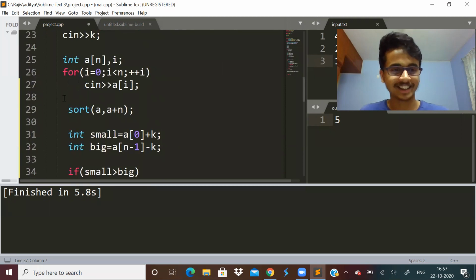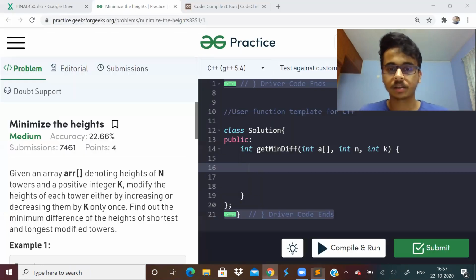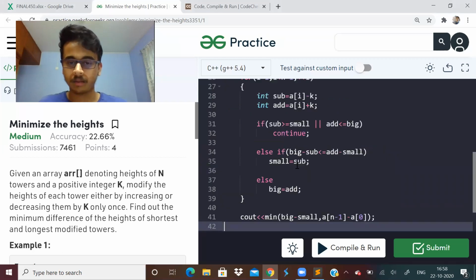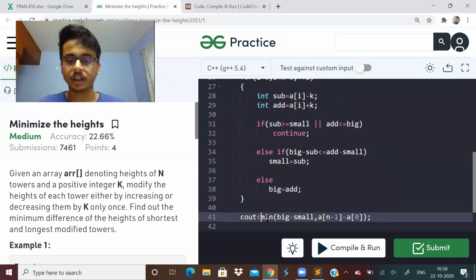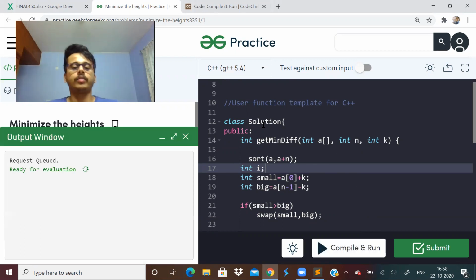What am I saying? So if I copy this, I have to return now, I don't have to print anything. And let me declare a variable i. If I compile this, I think it should be correct.